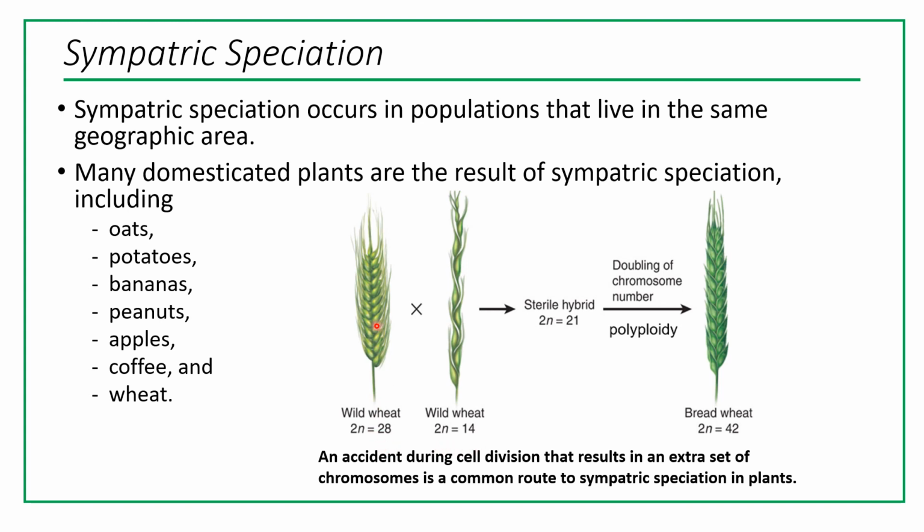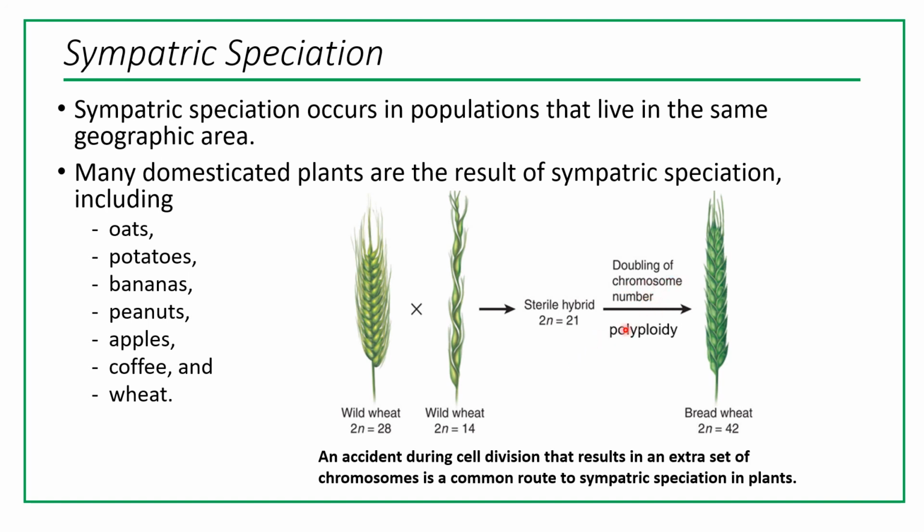Remember, when they form gametes, egg and sperm, we cut this in half, right? So half of 28, half of 14. When we fertilize them, we have 21, right? So that organism can grow, but it's sterile. It cannot reproduce. But what happened at some point of time,